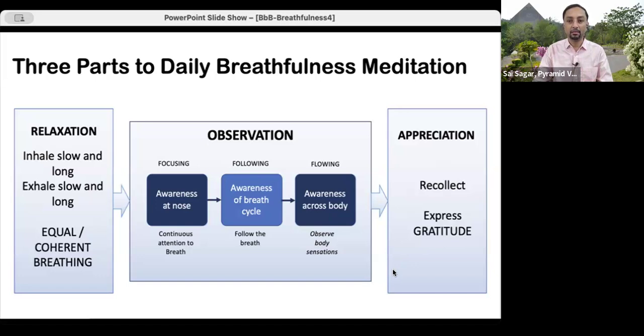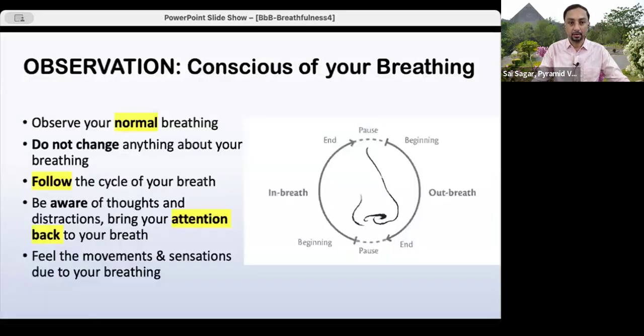And towards the end, we say thank you. We'll recall 3 things, place or situation, and express our gratitude, because gratitude is a higher emotion. And the goal is, once this practice is over, you'll continue to be conscious and aware of your breath. The deeper we go, the deeper states we go, the state of calmness and stillness will continue for a longer time. All right.